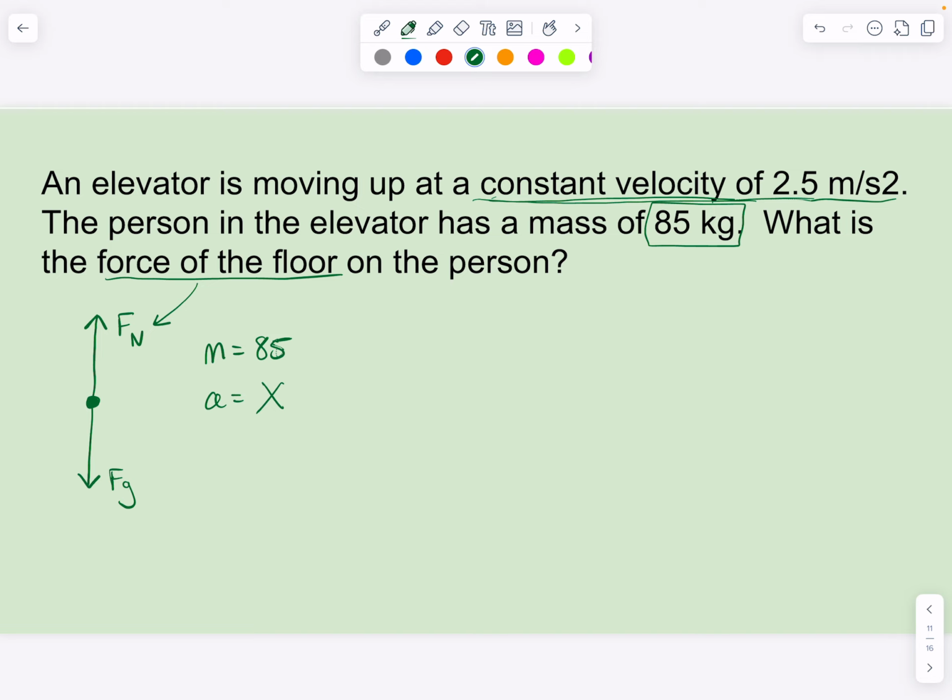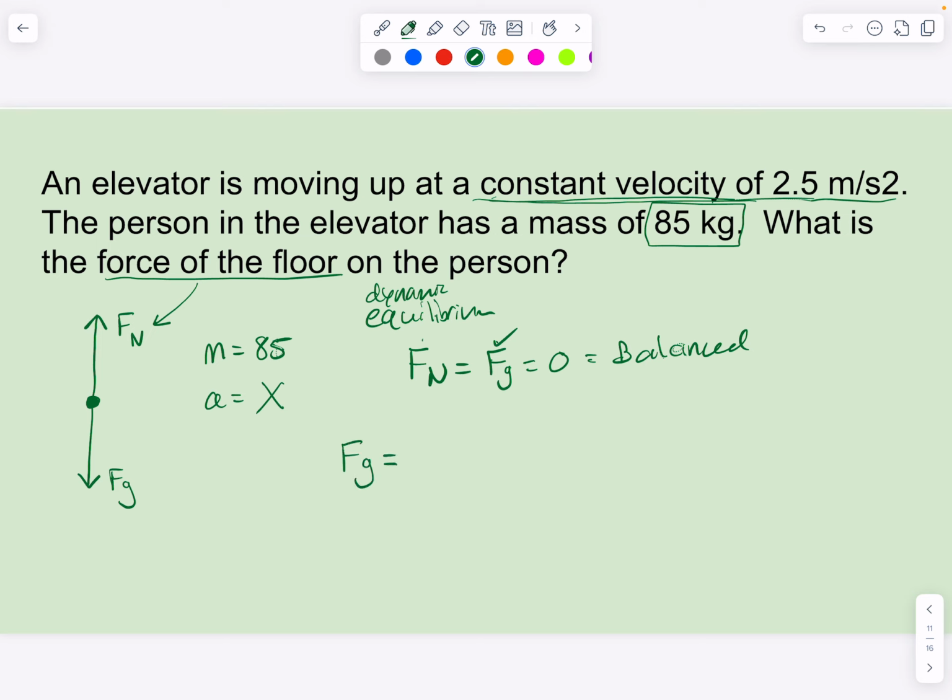So in this case, because I have a constant velocity, that means I'm in a state of dynamic equilibrium, which means that my normal force is equal to my Fg, gravity force, and the net is going to be zero. And the whole thing is really going to be balanced. So knowing that, if I can find one of these values, I can know what the normal force is. And I do have a way of figuring out the Fg of an object if it's not experiencing acceleration. That is the weight of an object.